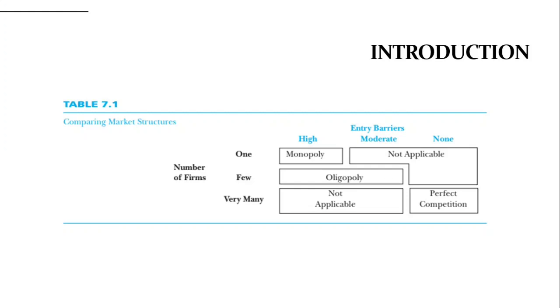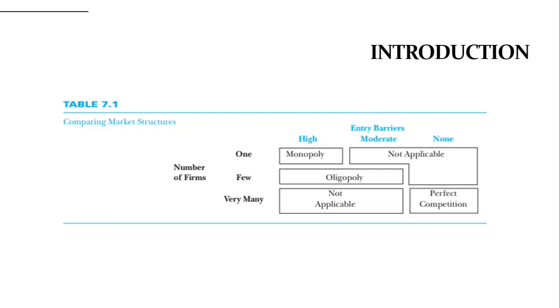Table 7.1 provides a preview of these different settings by considering two dimensions of competition: the number of competing firms and the extent of entry barriers. At one extreme, the lower right cell of the table, is the case of perfect competition. Such a market is supplied by a large number of competitors because each firm claims only a very small market share. None has the power to control price. Rather, price is determined by supply and demand. As important, there are no barriers preventing new firms from entering the market.